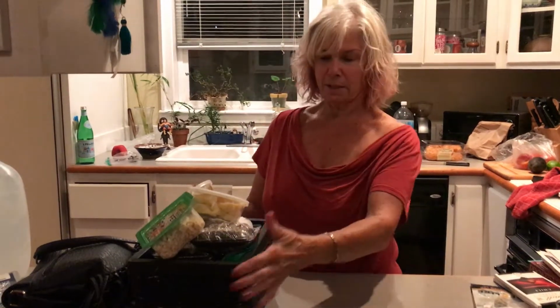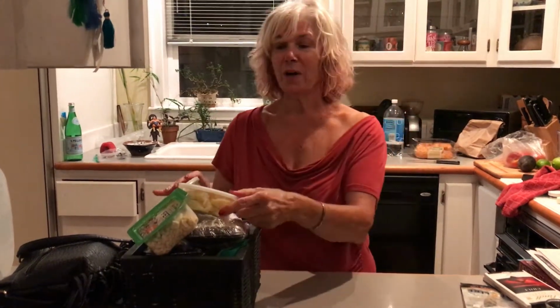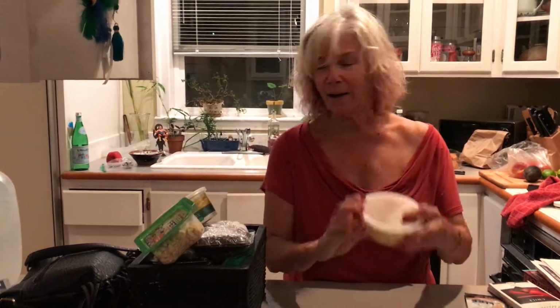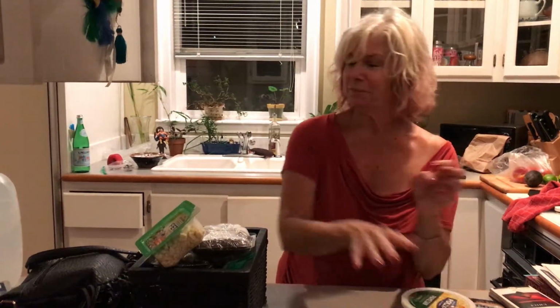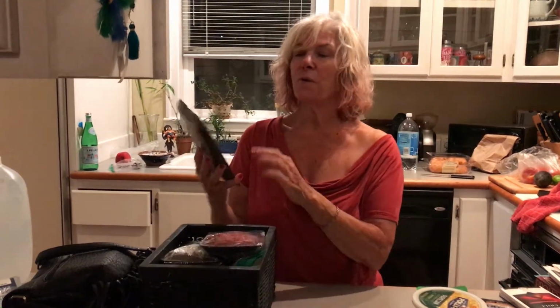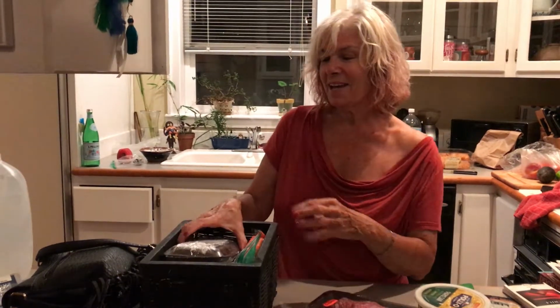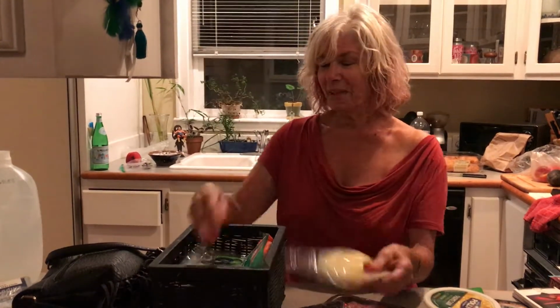So this is too many things to go into a small container like this. And so I, Shaman Weaver Sheila Baker, want to show you how to do this. But I can tell you, okay, we have fresh curds. Who wouldn't want that? And we have old Parmesan. Who wouldn't want that? We have feta with Mediterranean herbs. Who wouldn't want that? We have ham off the bone and salami and pepper jack and provolone and